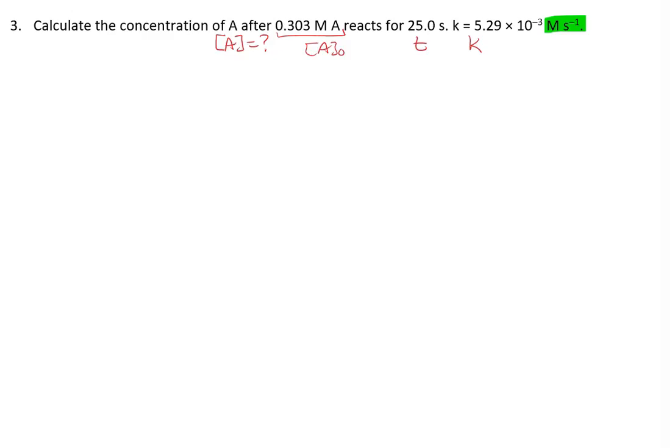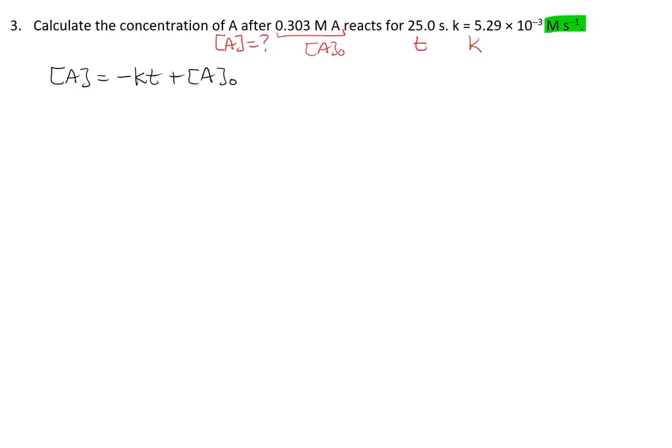So we're going to follow the advice that I gave earlier, which is we start with the linear equation and we rearrange it, if needed, to solve for the variable of interest. So our linear equation is A equals minus kt plus A naught. And the truth is, the more you write the linear equation, the more repeated practice you have with it, the more you really do just start to internalize it and learn it. And I think that makes a lot of these problems a lot easier. So that's another reason why I prefer that.